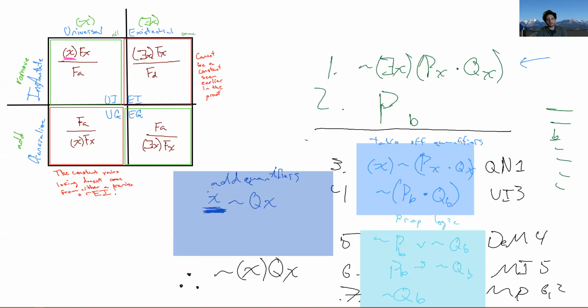If we tried to add on the universal, think about what we would have tried to do next. Aside from probably violating restrictions here, because you're trying to lose a constant that came from a premise and you can't do that, let's even ignore that for a second. The reason this wouldn't be good is that right after you added on that quantifier, it's not in the right order. You would want to switch that order, and the only thing that lets you switch the order is De Morgan's, and then you'd end up with a sentence that's not what you want. So really what you wanted here